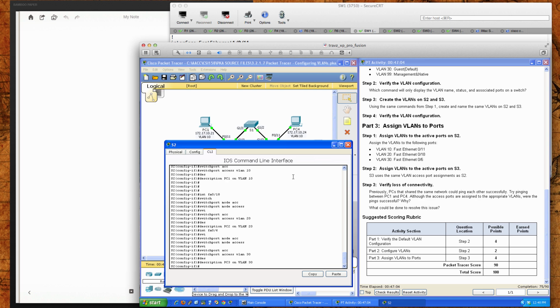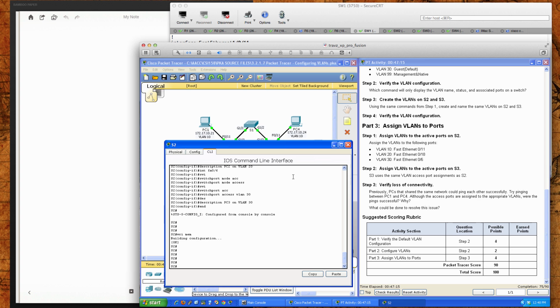All right. So again, very important, we want to type end to get out of interface config mode, and it moves us back into privilege exec. From here, most important step, save that configuration. All right, so now I'm going to go ahead and do a show run so we can take a look